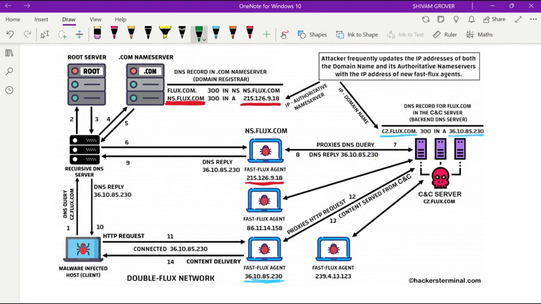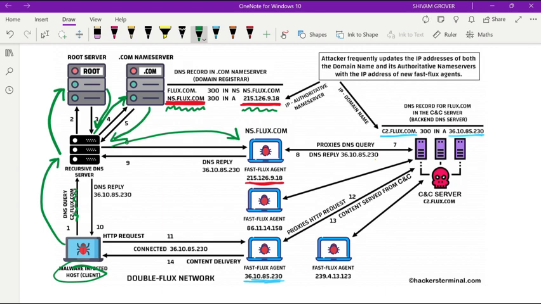And now the process starts at the malware. So when the malware is going to ask for the IP address of this domain name from the recursive DNS server, the recursive DNS server is going to ask the root server. The root server is going to direct this query to the .com name server, and in the .com name server, this domain name has already been assigned this IP address. So now the .com name server is going to redirect this to the botnet because of this update in the .com name server. And once the bot receives the request, it's going to go to the C2 server, and